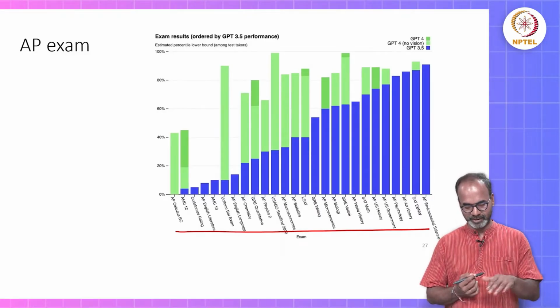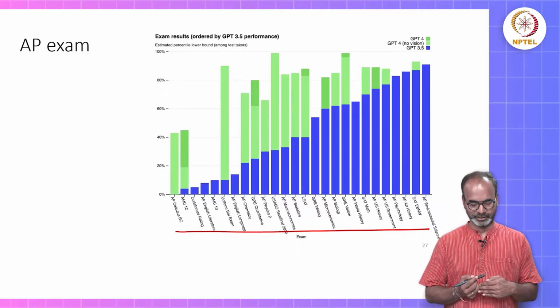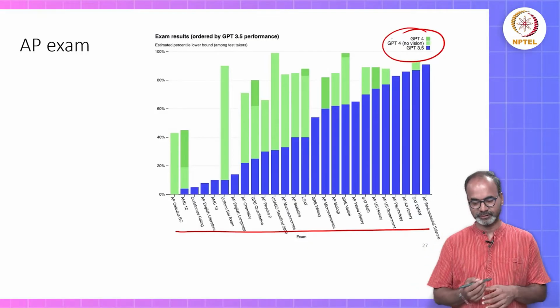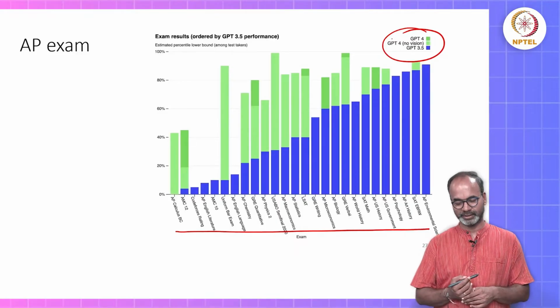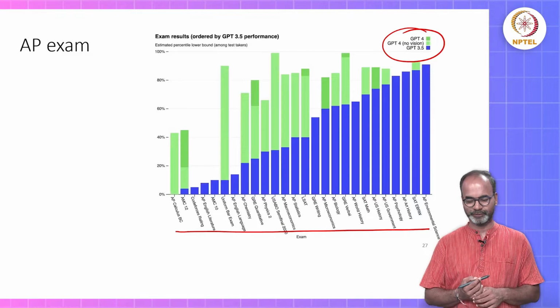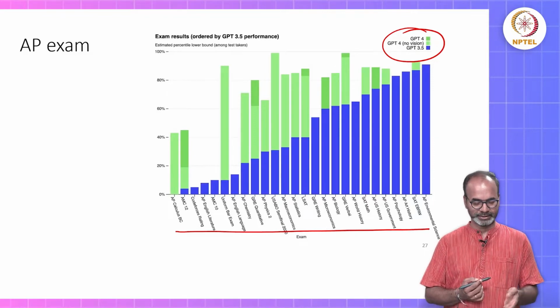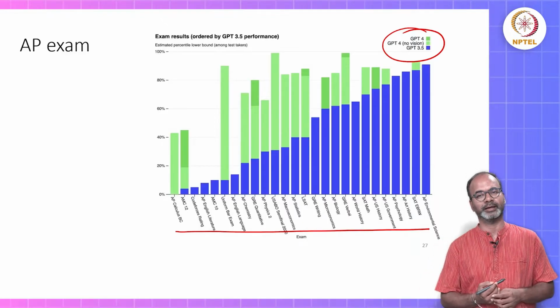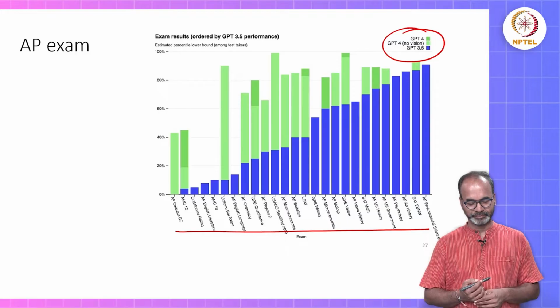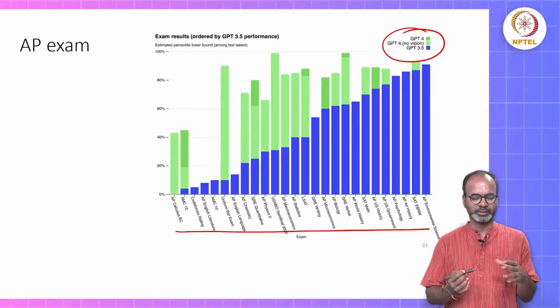So now the way to understand this graph is the x-axis is different exams, different parts of the exams, and then the different data points are GPT-3.5, GPT-4 without vision, and GPT-4. And the y-axis is how much percentage they were getting correct. Right? So if you see some interesting parts of this graph,